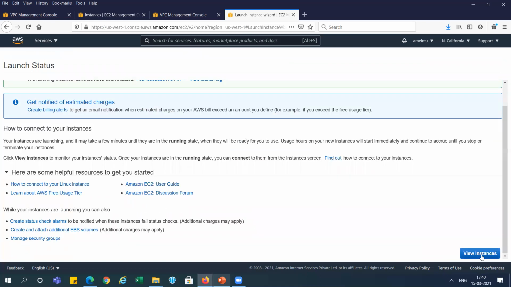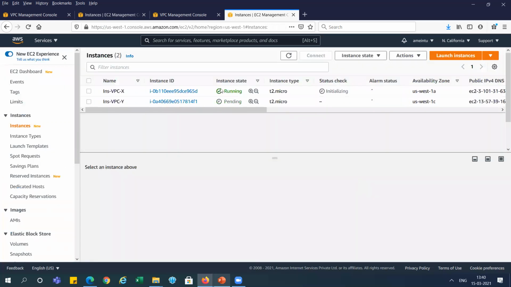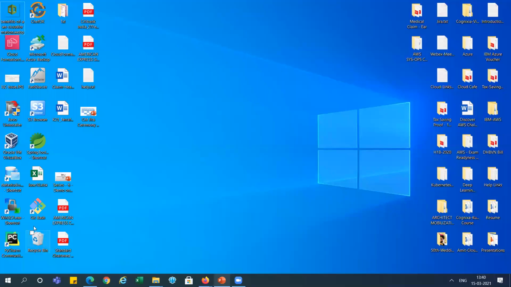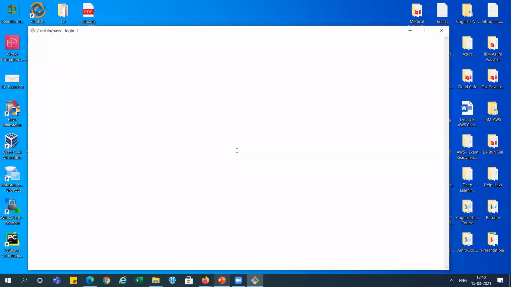Now you can see here, we will go and check the instances. You can see instances running, one is still pending, right? So let's go and connect all 4 instances, right? For connecting it, I will use this Git Bash and I will connect over there.